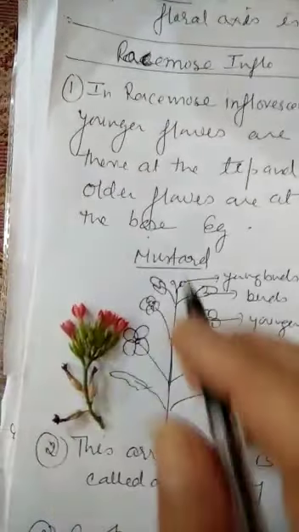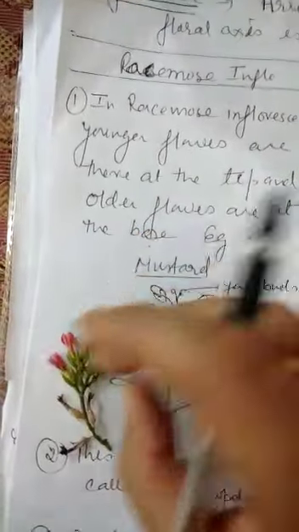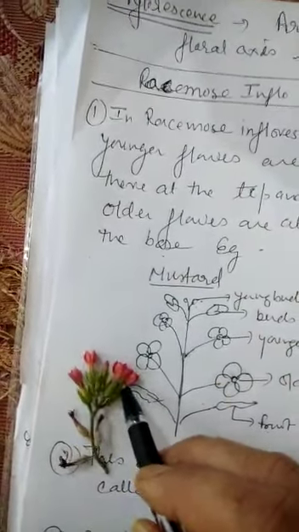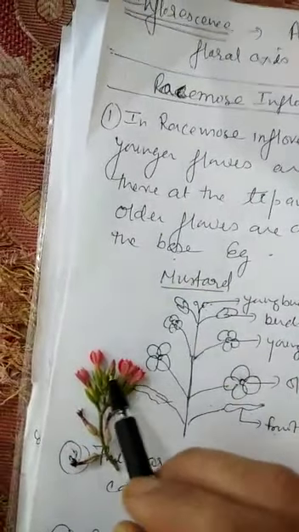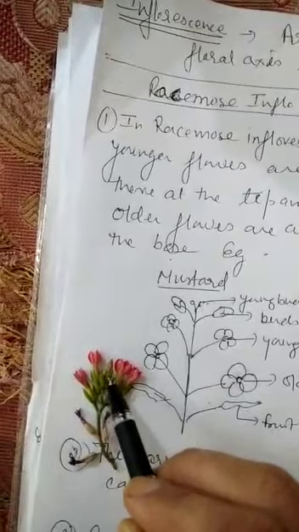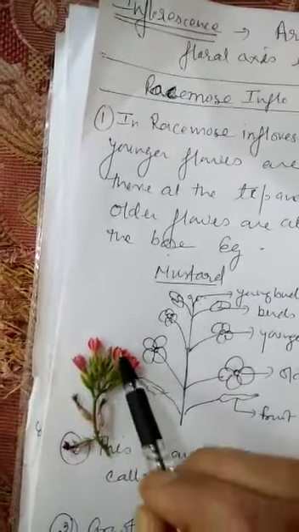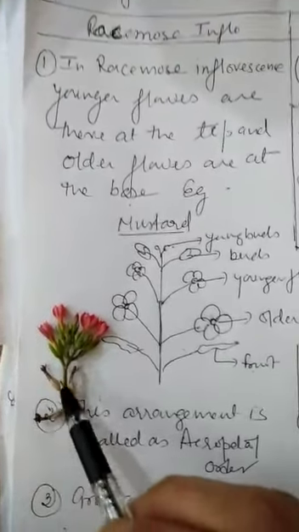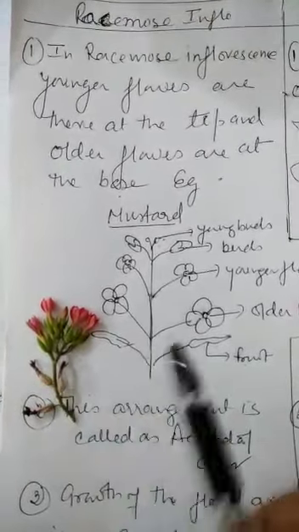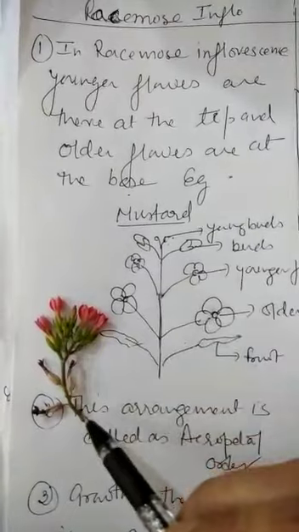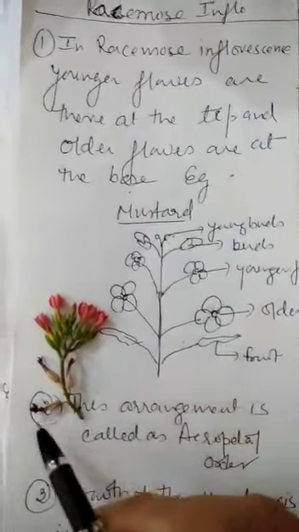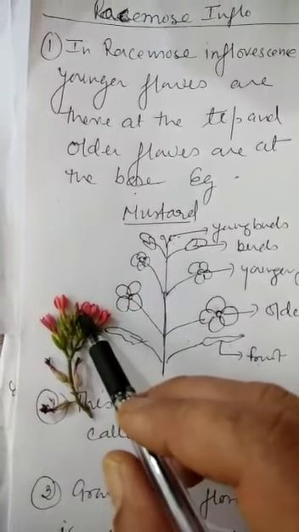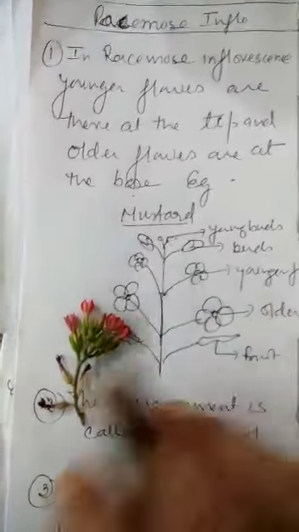See that here you can see, I will spread it and then you will be able to see this. You can see these are the older flowers, hence they are open, and this is the younger flower which is there at the tip, and older flowers are there at the base, and these are the oldest ones which have now converted into the fruit. So this is the floral axis on which you can see the arrangement of flowers. The older are there at the base and these are also the older ones, and this is the youngest one as I have drawn in this picture.